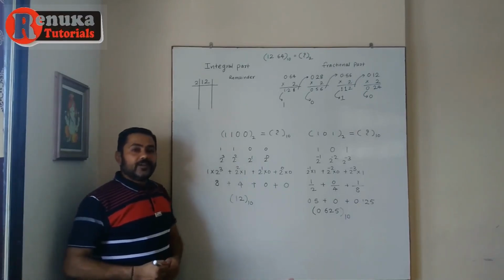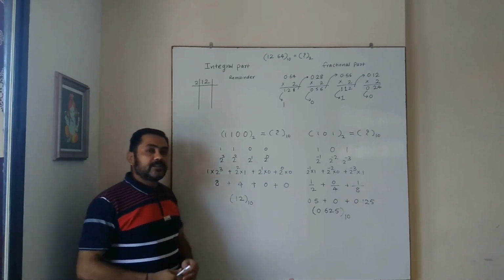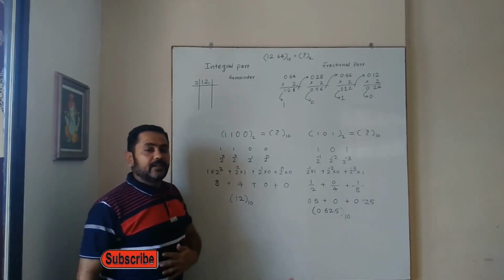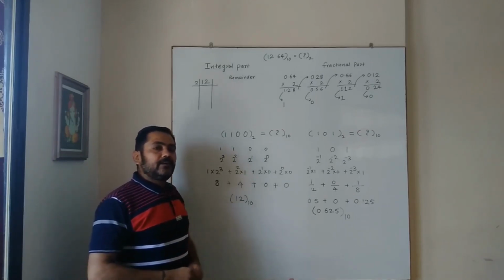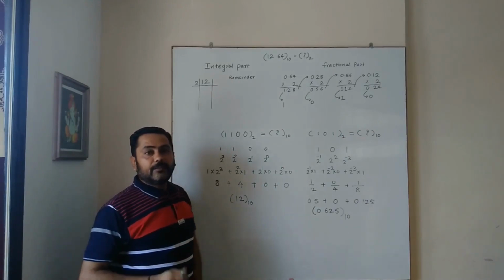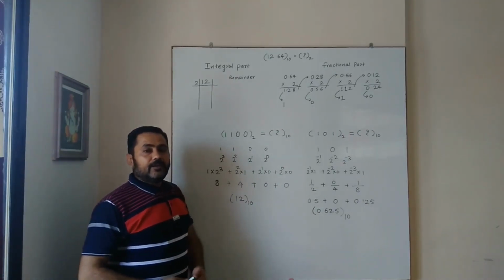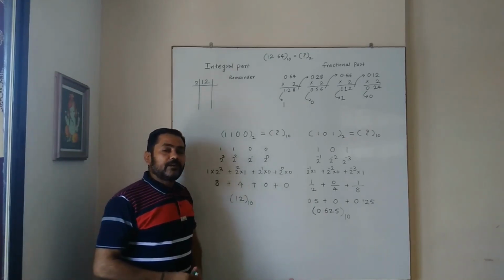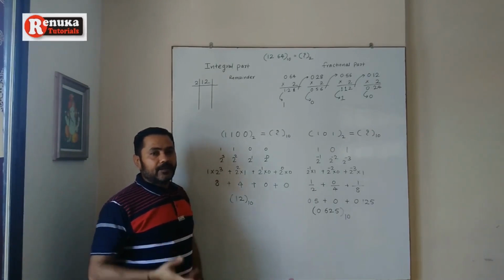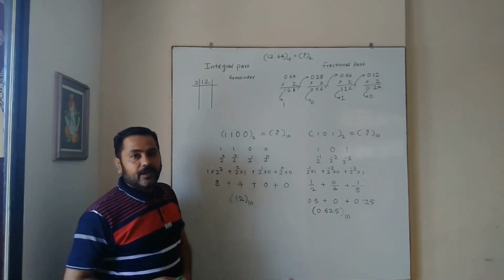Hello students, today we will discuss number systems. Number systems are mostly used in digital computation, where the user-understandable form has to be converted into machine language, and machine language is the binary number system. The computer mostly uses three types of number systems: first is the decimal number system, then the binary number system and the hexadecimal number system.